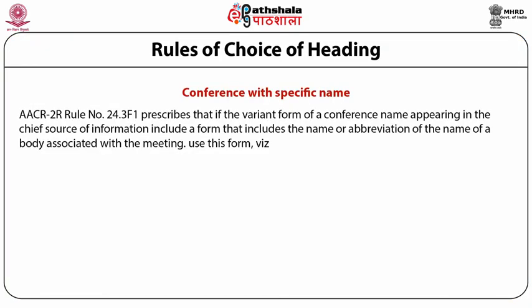AACR 2R rule number 24.3F prescribes that if the variant form of a conference name appearing in the chief source of information includes a form that includes the name or abbreviation of the name of a body associated with the meeting, use this form. For example, FAO Hybrid Maize Meeting. Rule number